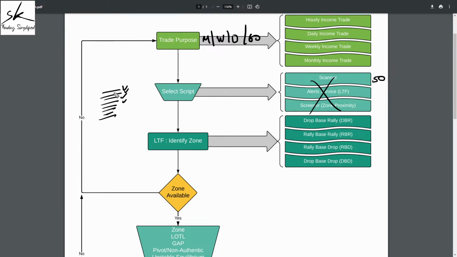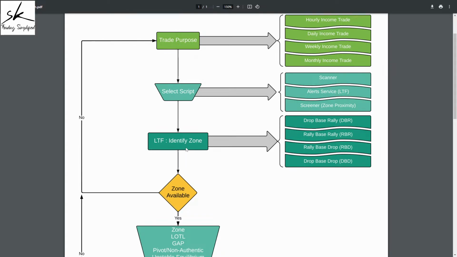So what we do is we start analyzing them one by one, and out of this, whatever matches with our trade plan is an opportunity. Whatever doesn't match with our trade plan, we simply skip it. So let's assume I got a list, and in that list, the very first one was ABC. So what I need to do now is go to the lower time frame. So the question is, what is my lower time frame? We got the answer from our step number 1, that as a monthly income trader, my lower time frame will be the daily chart. So here we'll go to the daily chart, and on the daily chart, we'll try to